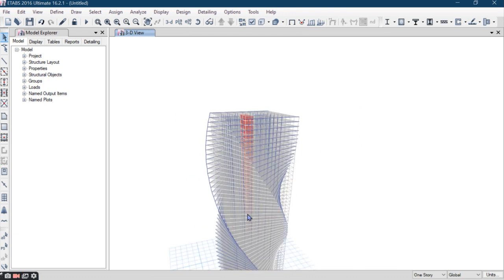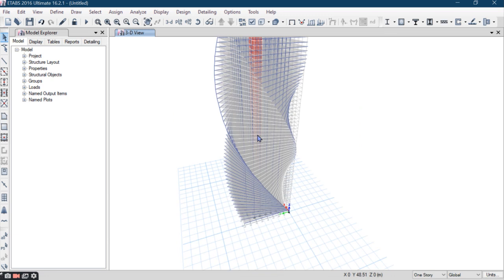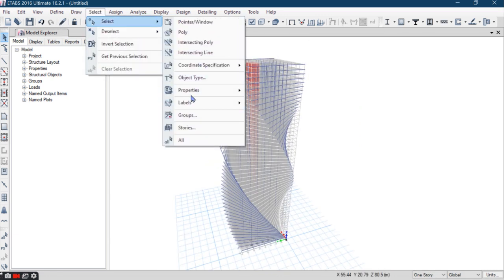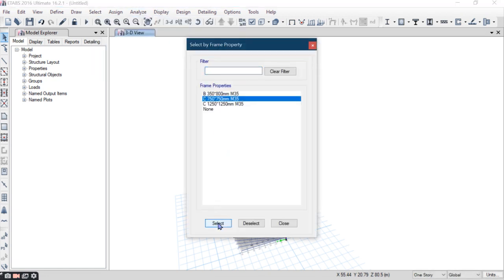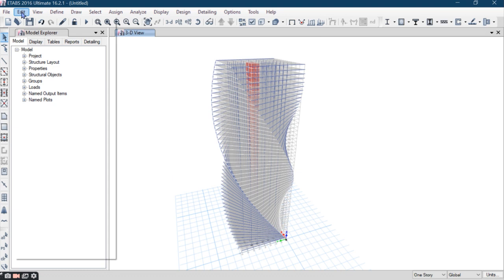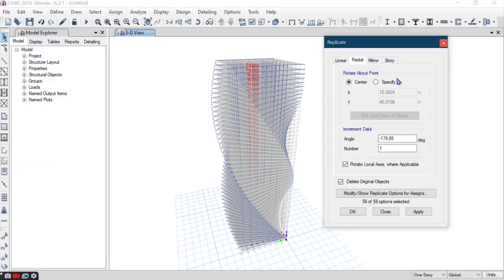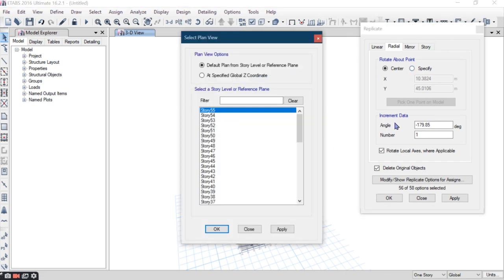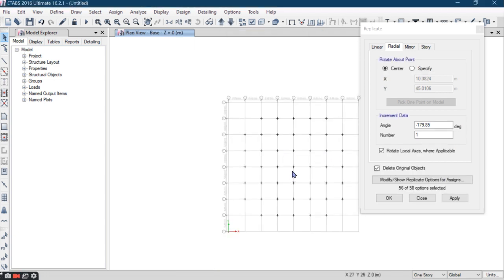now you can see our model. Now you have to go to the select and select this property, frame section, this column, and go to the edit, replicate, radial, and now click here. So first you have to see the coordinates. So in the middle of it,